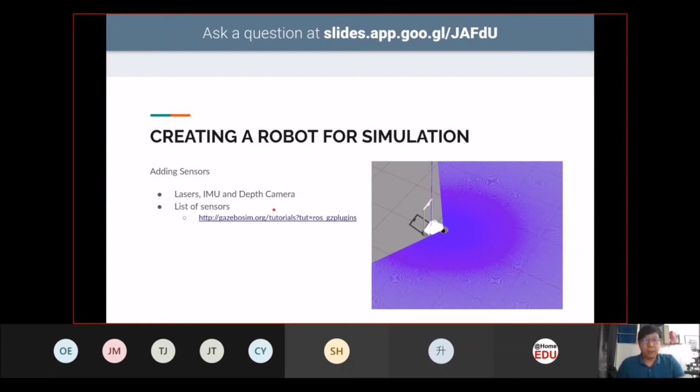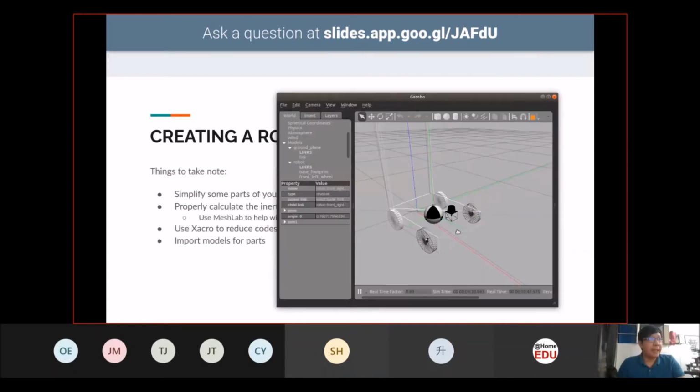So over here in the URDF file, for this simulation, they actually take in the Collada file, the .dae file itself. So if you can export your model to a DAE file, you will be able to import it in the design. This way, you can actually import the sensors, different types of sensors.